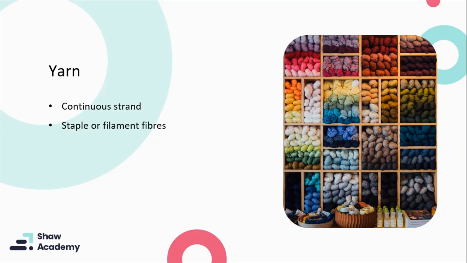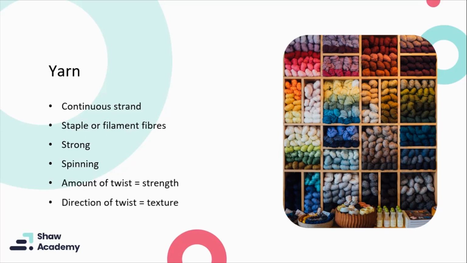It is important for yarns to be strong, to be interlaced or looped together to create a two-dimensional and flexible piece of fabric. Yarns are created when staple fibers are twisted together in a process called spinning to create a continuous strand. Filament fibers follow the same process, but due to it already being a continuous fiber, requires less twisting. The amount of yarn twist will determine the strength of the yarn, while the direction of the twist will influence